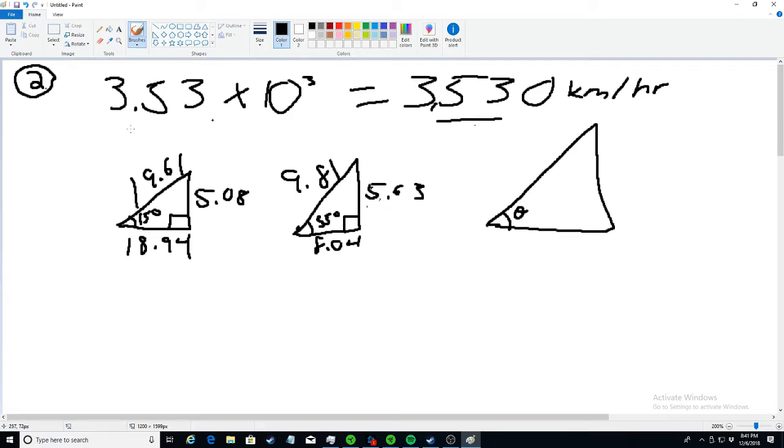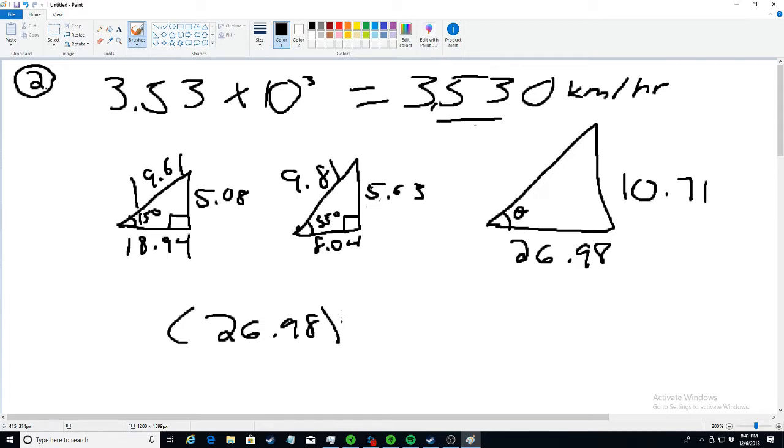This would work for as many vectors as we would have in the problem. So after you do the addition, you're going to end up over here, 10.71, and over on the bottom, 26.98. And now we would do the classic Pythagorean theorem